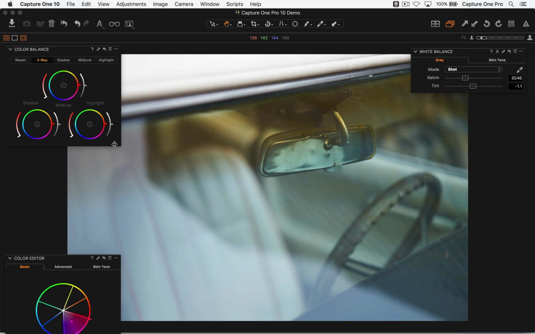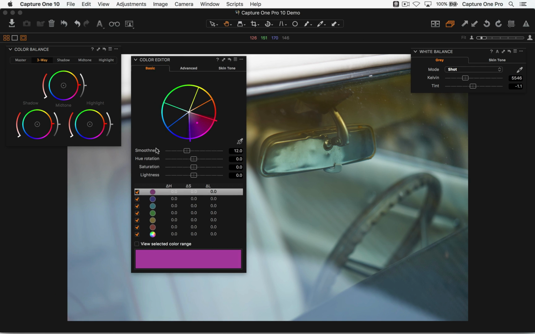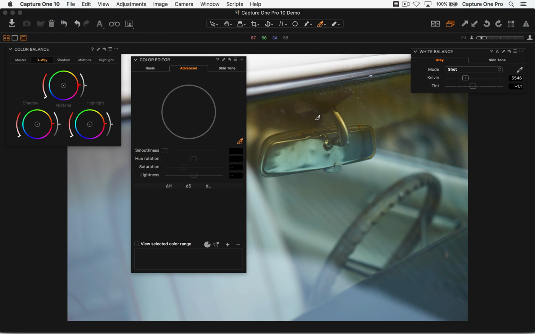If you need to do something else, then you're probably more interested in looking at the color editor, which is capable of working as a local adjustment. And the color editor is different in that you define a color and then you adjust that color. The color balance tool, once again, is for the entire image.